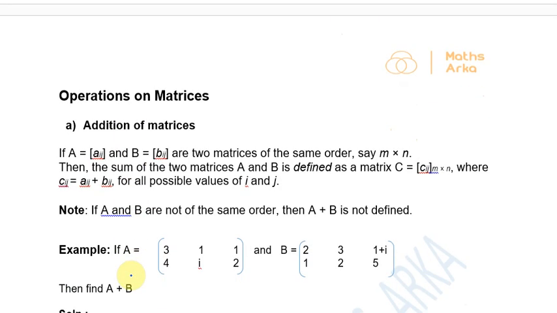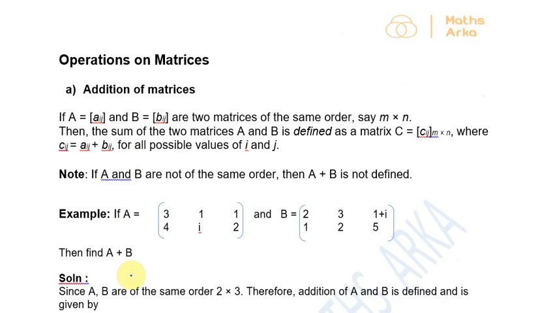Now moving on to the operations on matrices. So what are operations? Operations on real numbers we have already seen: addition of two real numbers, subtraction of one real number from another, multiplication of two real numbers, and division of two real numbers. These are the common operations that we use. So these are called operations. Here we will be looking into addition of matrices. How do we add two matrices?